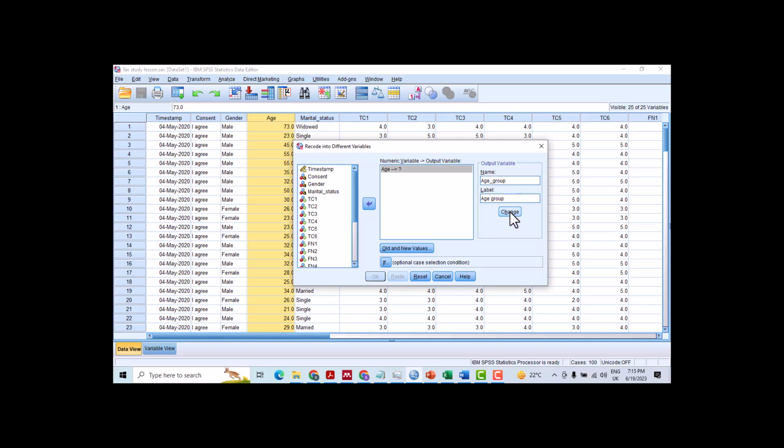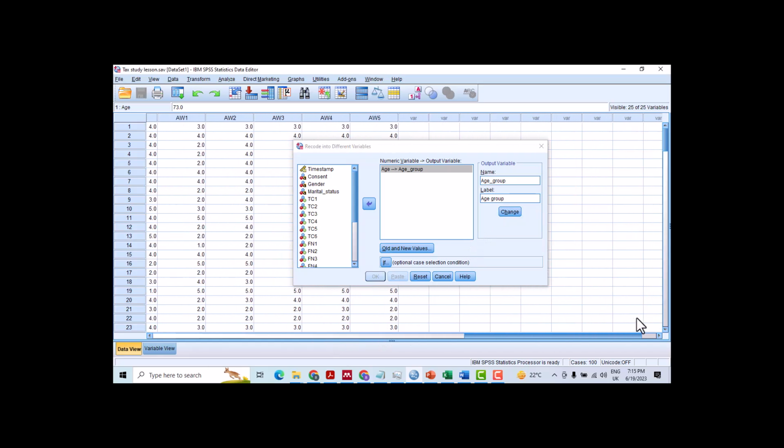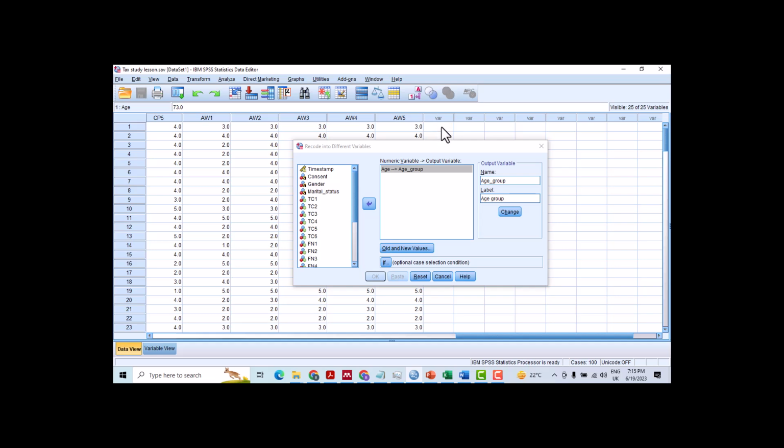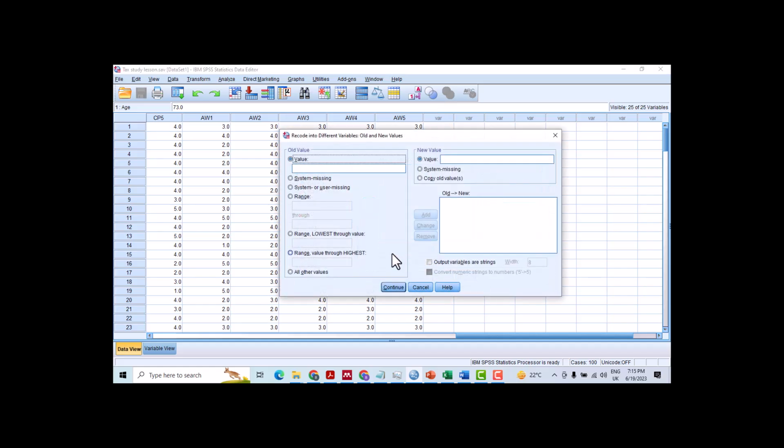So once you do that, you can click change, and a variable is going to be created in the data set called age_group at the end here. So we can go ahead and say it hasn't been created, but we need to do a bit more. So we can go ahead and say old and new values, we click that. Then we are going to say in the range